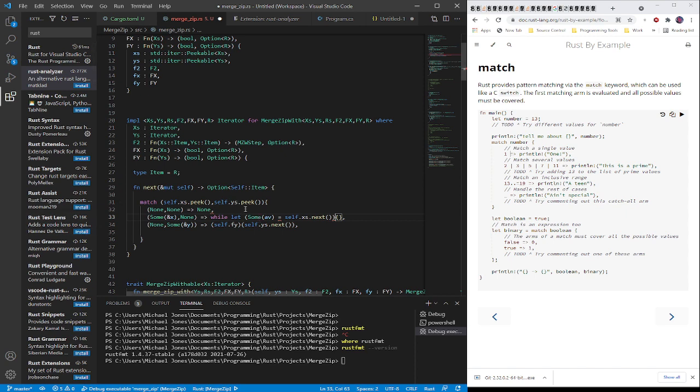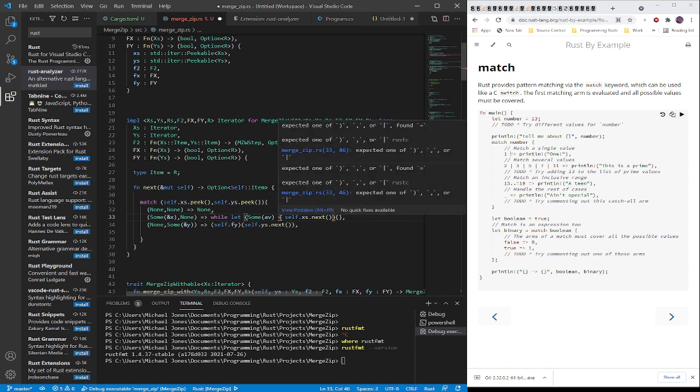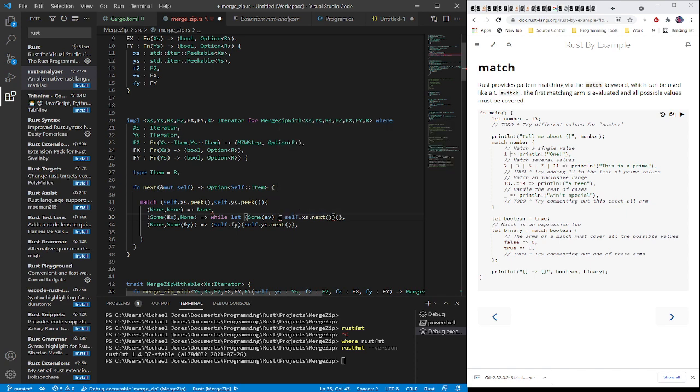Oh, I need what? No, hang on. Why is this not allowed here? Can I not do a while let? While let Some(av) is equal to etc. Do a thing, and then